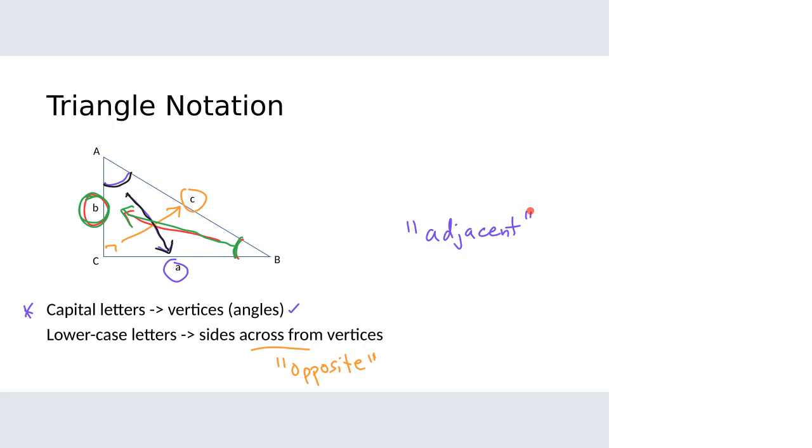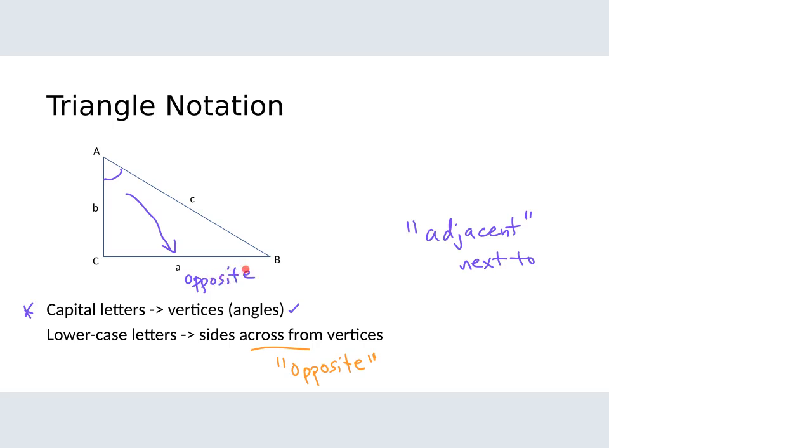In daily conversation language, if two things are adjacent to each other, they are next to each other. And that's kind of how this works. If we look at our right triangle over here that we have all these markings on, and if it's okay with you, I'm going to clean those markings off so that we can start fresh and look at adjacent. So I've got this right triangle over here, and I've got angle A right here, up here in the top left. And I can see that down here, that's the side that is opposite